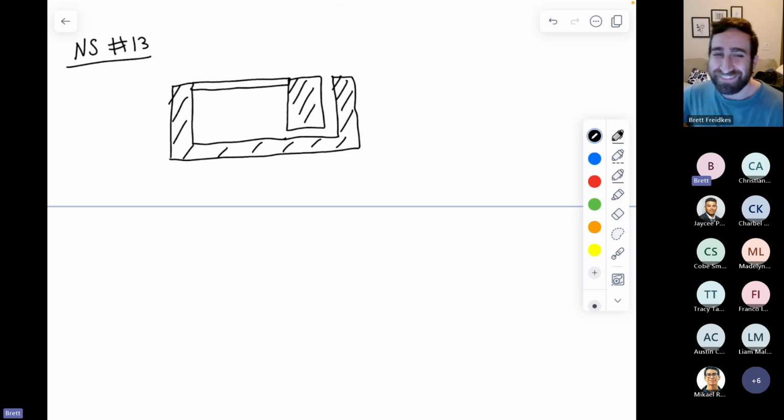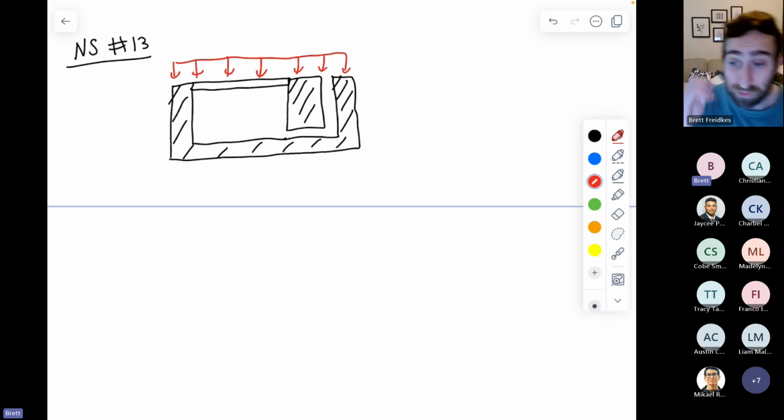Yes. So we have this microphone where we said that we had a pressure that was acting over the entirety of the microphone. For lumped element modeling, we'll assume that the length scale of the microphone is much